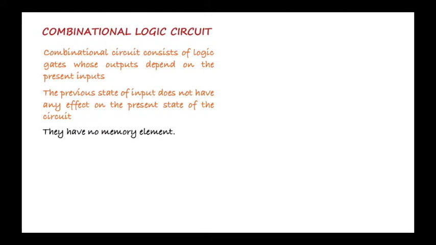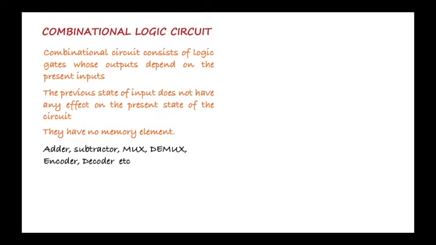Because there is no memory element in combinational logic circuits, there is no effect of the previous state, and there is no clock available in these circuits. So the clock pulse does not control the operation of combinational logic circuits, and adder, subtractor,